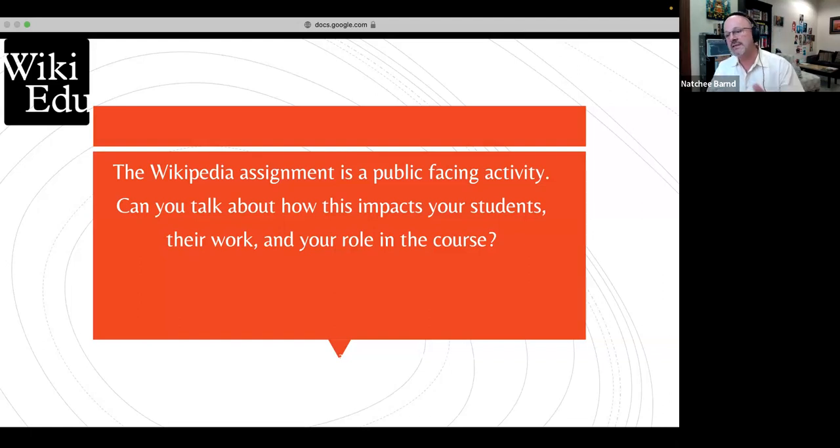So not only are the things that they're doing, I actually also hold, for a select handful, because I can't do everybody, maybe 5 to 7, that then present publicly their Wikipedia pages and their process and talk about the learning that they've done in the class and through this assignment and in relation to the content as well. So there's quite a bit that goes into it, and it starts off for most of them with just utter fear that there's no way, and then you slowly build them up through the curriculum and through the process. And I also started it off not knowing how to do it, so I did it with them, and I've done it ever since.